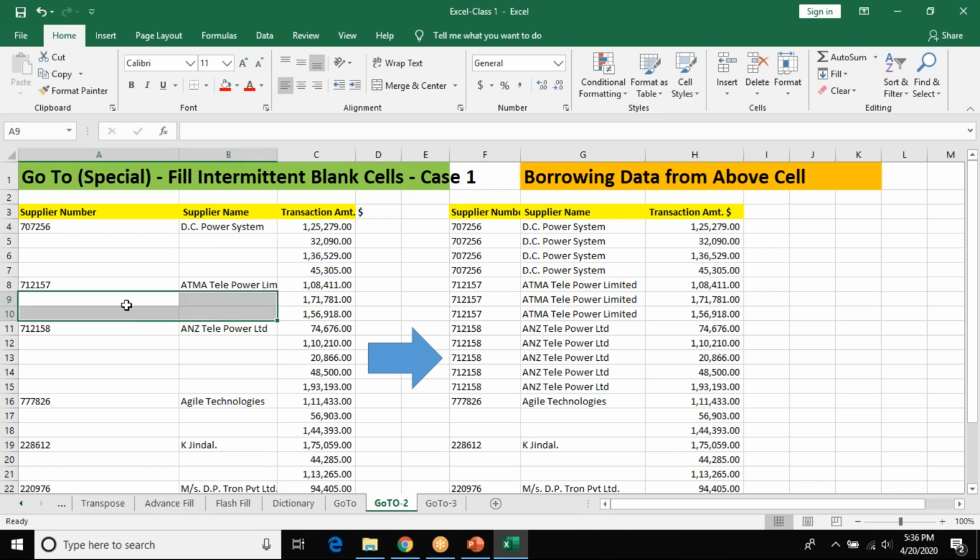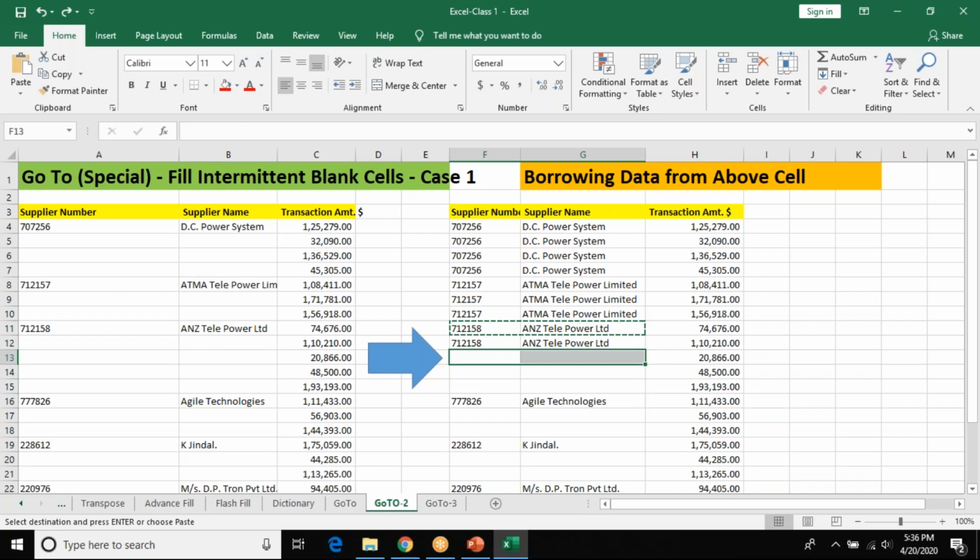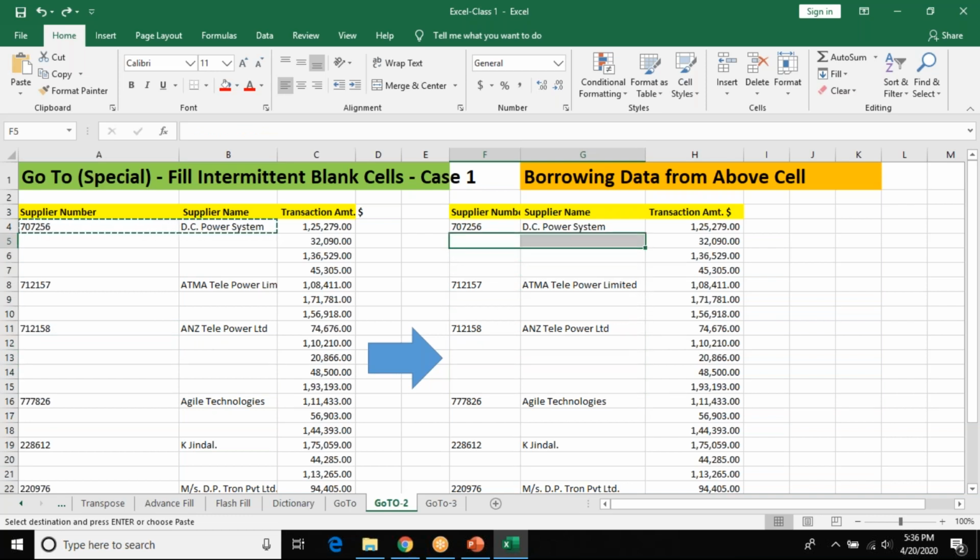Under the blank cell of this, same as this number and this number. This blank cell, same number as this and this. Does anybody know the shortcut? Please type. Anybody knows the shortcut? How do I fill the same data below it?